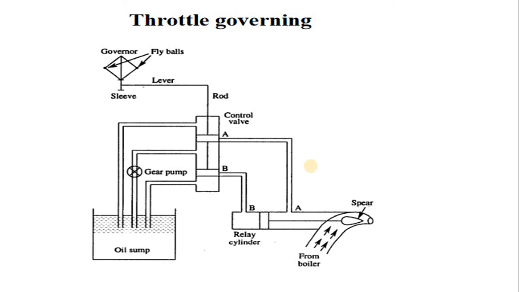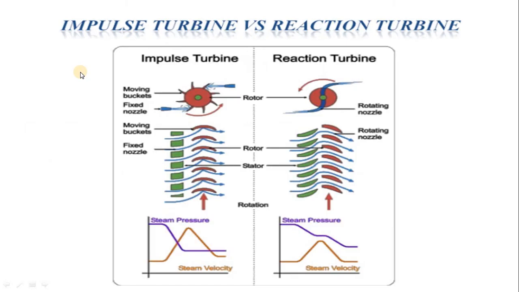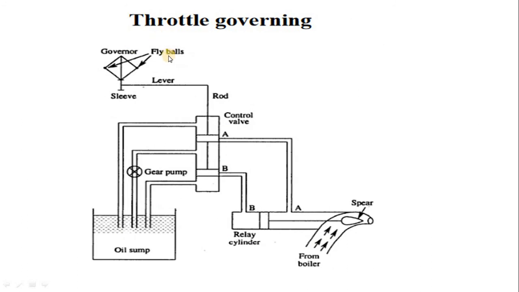In larger steam turbines, an oil operated servo mechanism is used. Here the servo mechanism includes the gear pump as well as the oil pump, and the relay mechanism is there. The oil operated servo mechanism is used in order to enhance the lever sensitivity, for easy operation of the lever. The main function of the lever is to promote the movement of the sleeve. For better movement of the lever, the servo mechanism is used.